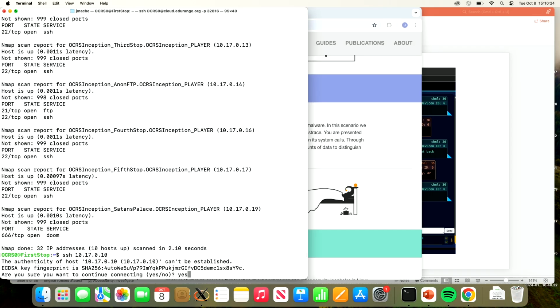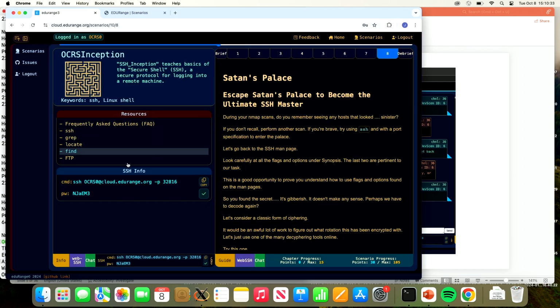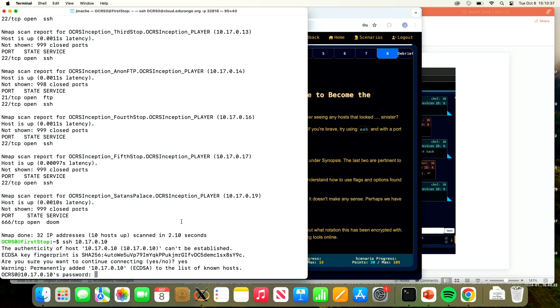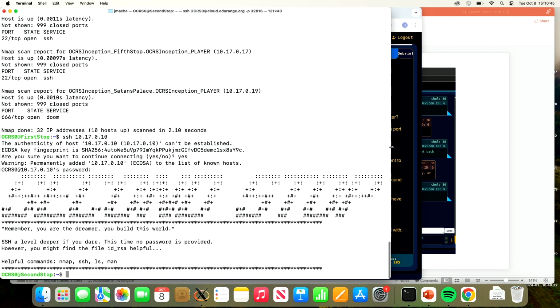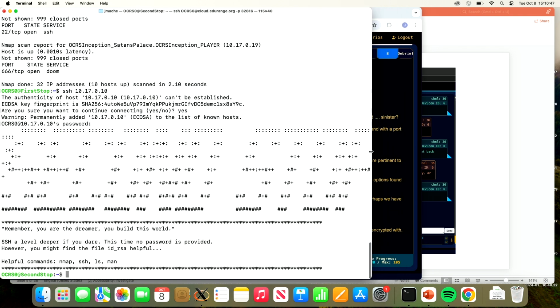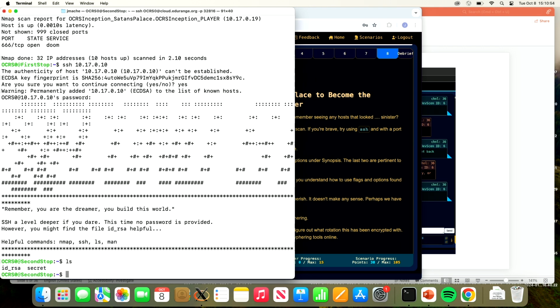Now I can go to second stop. Here we didn't say anything about passwords, so I think it's still going to be the default one, but in some later steps I have to work harder to get the new passwords out. Now here I'm at third stop. It tries to do some ASCII art, and depending on how wide your window is, you might squint your eyes and see this says second stop or whatnot, but I'm not having too many windows open here, so I would then do an ls. I now see this